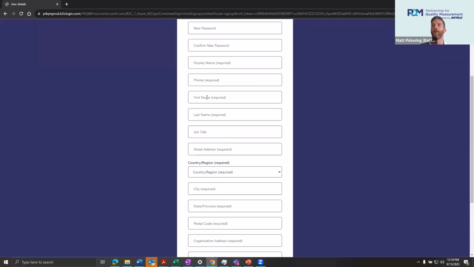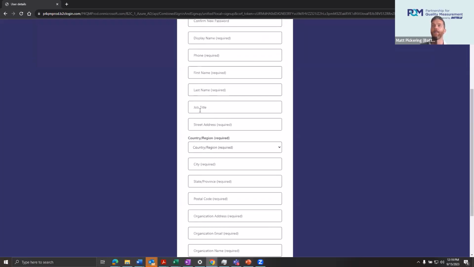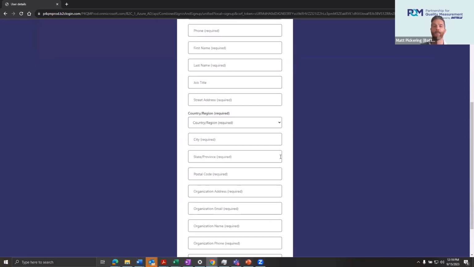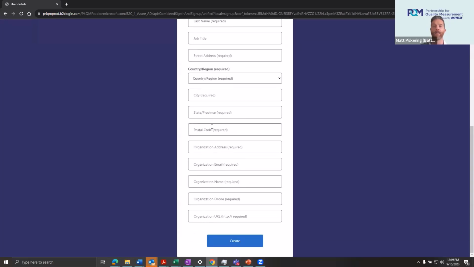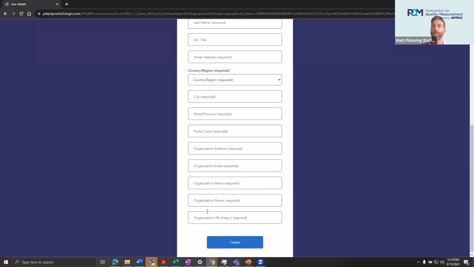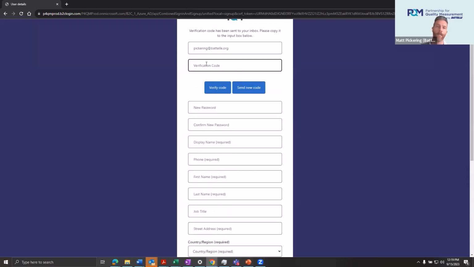Then you have your phone and your first name, last name, your job title. And you can see all the fields that are required here to be able to submit and create an account. Also, just your country and region. You can put your organization information in here as opposed to any personal, but that's up to you if you'd like to do that. So once you enter all this information in, make sure you have that verification code in